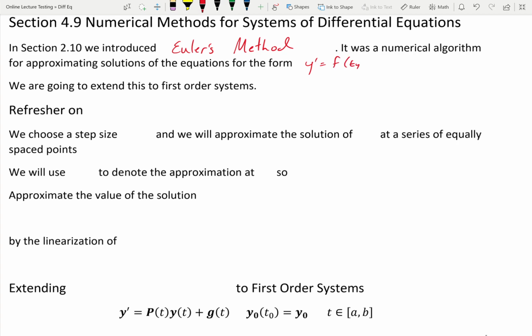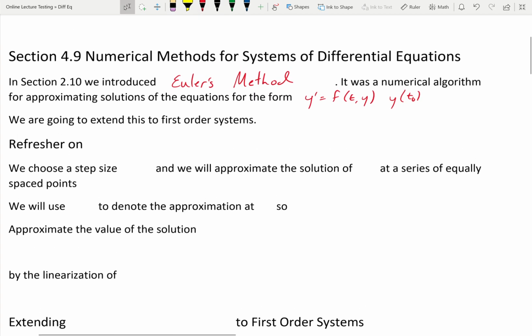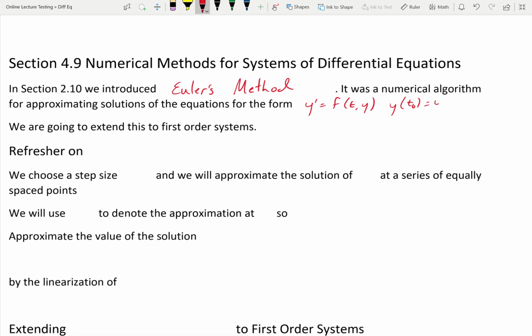Now this again is dealing with scalar functions. That's why we have this f of t, y, where we have some initial value and t is on a closed interval. So what we're going to do is extend this idea, and it's not much of a push for this extension onto